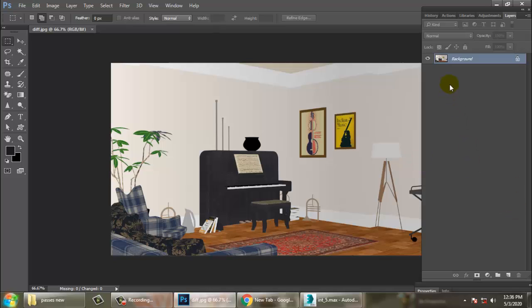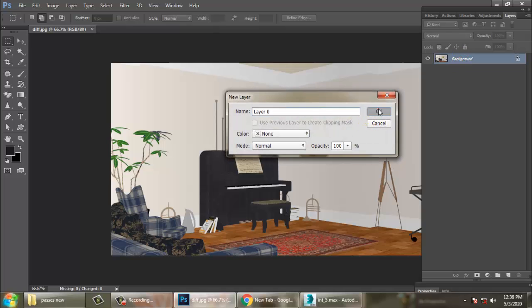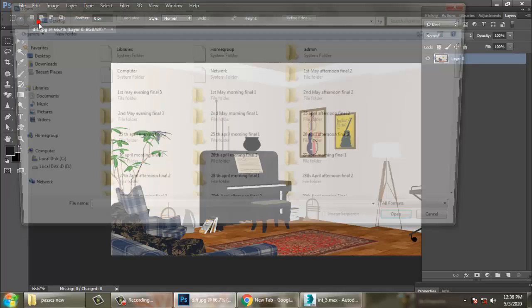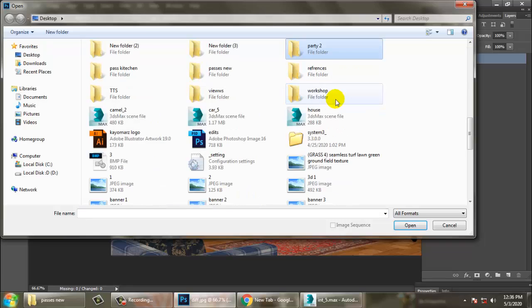So let's open all the passes. Let's go into File, Open.